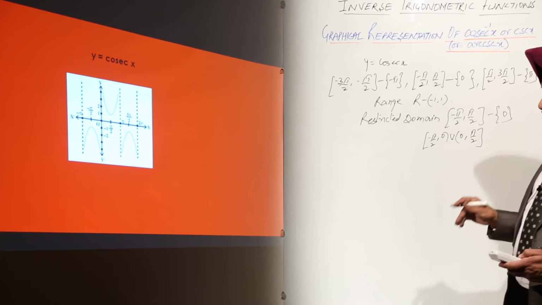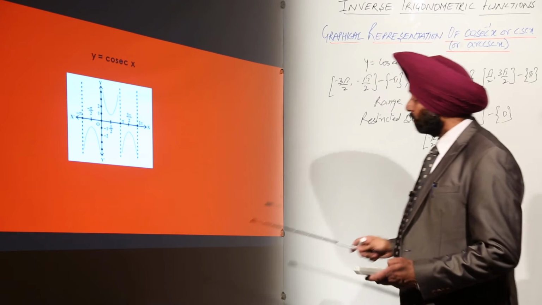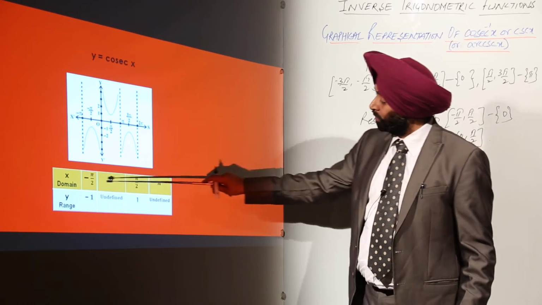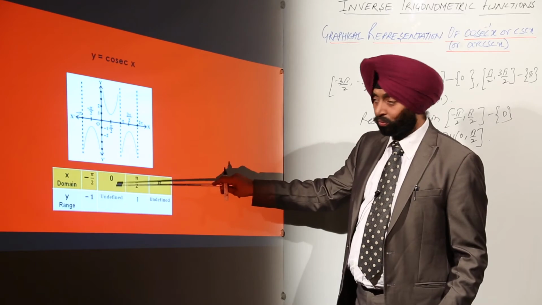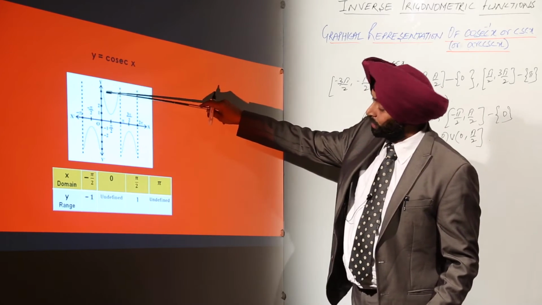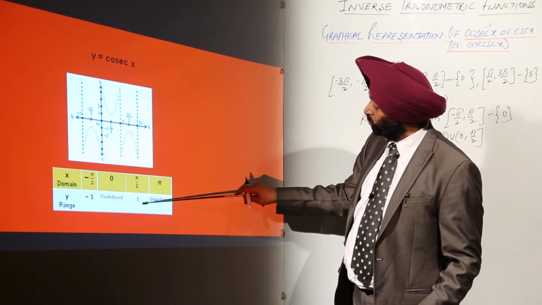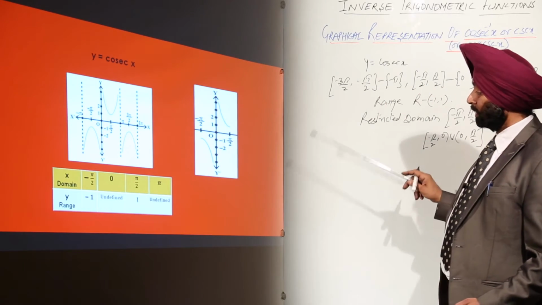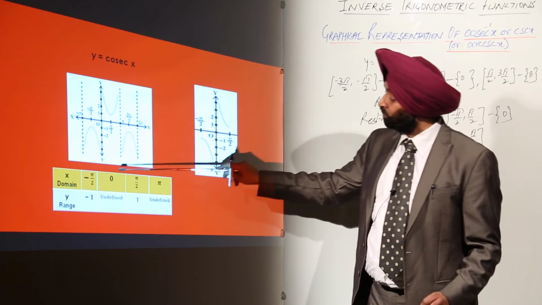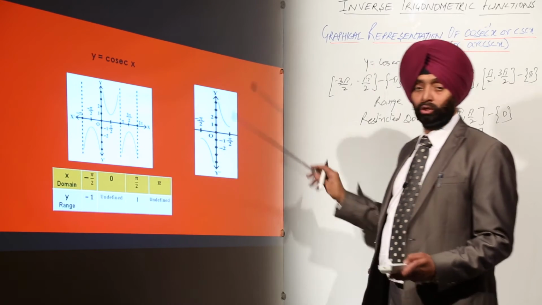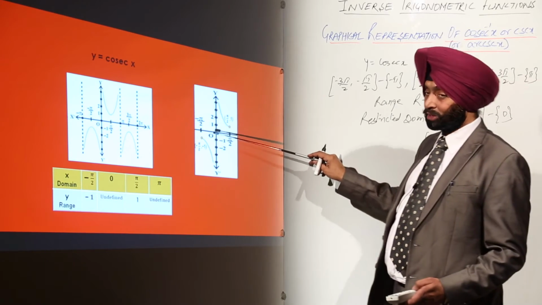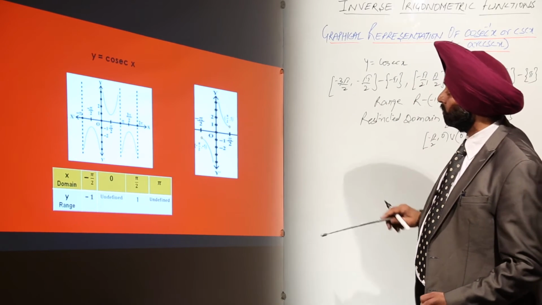Okay. So now let's move to the graphical part. Now we have the coordinates minus pi by 2, minus 1, 0 for undefined. Here it goes for the undefined part. Then pi by 2, 1, and again pi for undefined. Okay. And here is the cutout portion for the restricted domain. So these are the coordinates which we have plotted here on the graph.